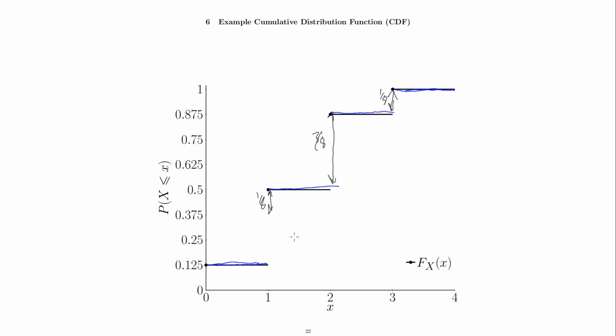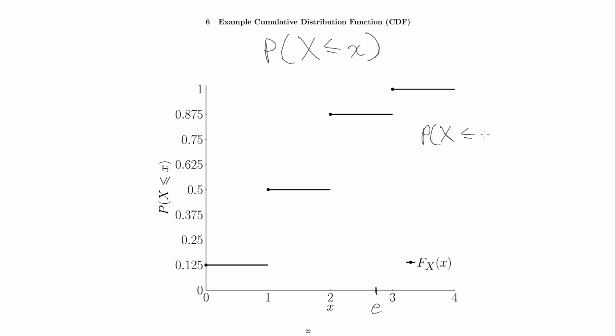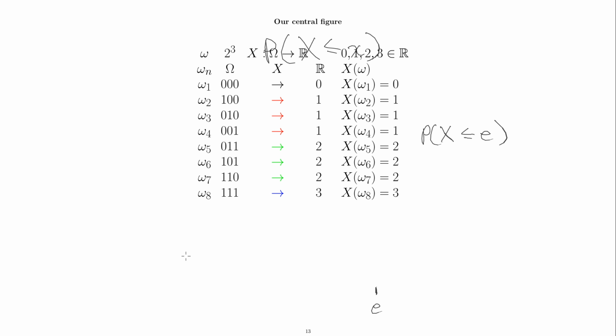So let's dig a little bit deeper now and think about what that really means that the cumulative distribution is the probability that X is less than or equal to little x. Because there's something interesting here: I can ask, what is the probability that big X is less than or equal to E? And you may go, Tom, this is a discrete random variable. How can I ask this? Well, it works because of the structure that we defined